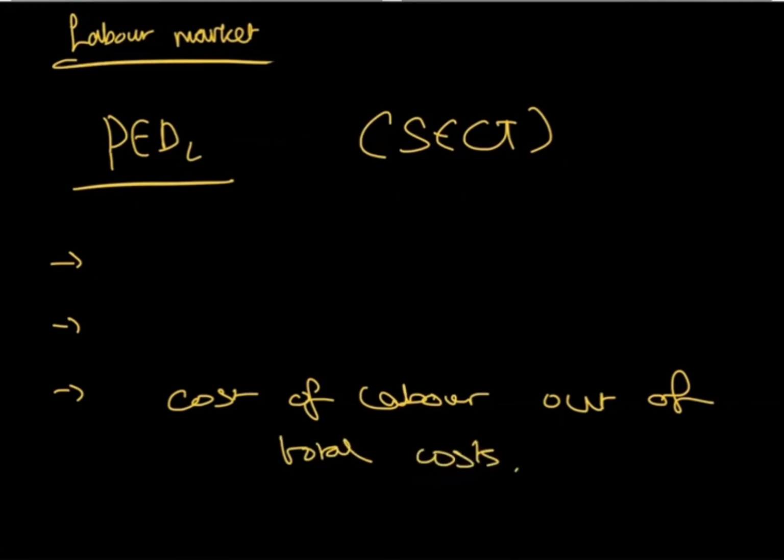So if workers are £10 per hour and they become 10% more expensive, so they go to £11 per hour, I'm not really going to cut down on that many of them because that 10% is only £1 extra. But if I'm hiring workers on £100 per hour for a different type of job, like footballers or something like that, that 10% means I'm going from £10,000 to £11,000. So I'm going to cut down quite a bit more.